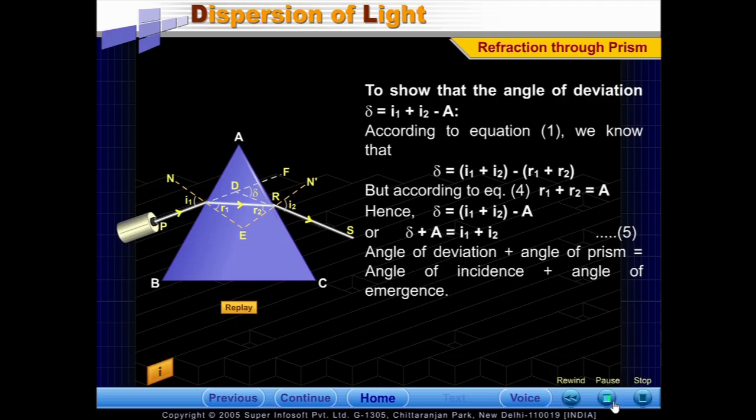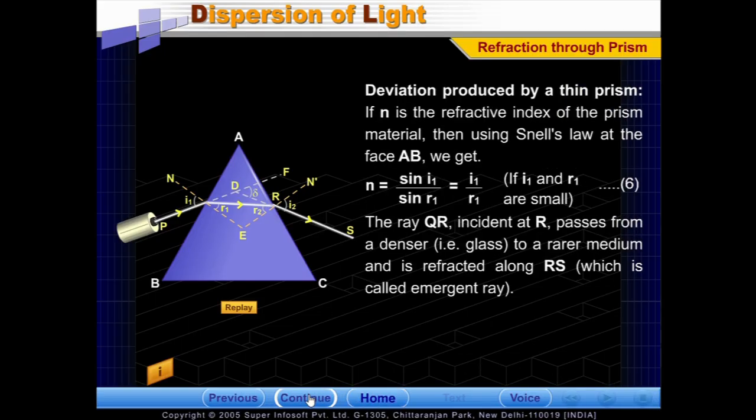To show that the angle of deviation delta equals I1 plus I2 minus A. According to equation 1, we know that delta equals I1 plus I2 minus R1 plus R2. But according to equation 4, R1 plus R2 equals A. Hence,